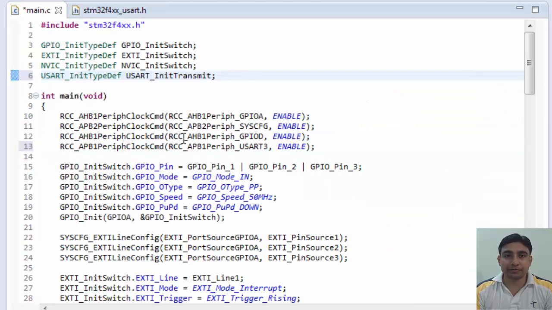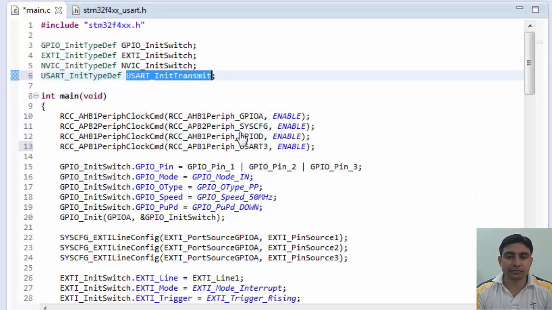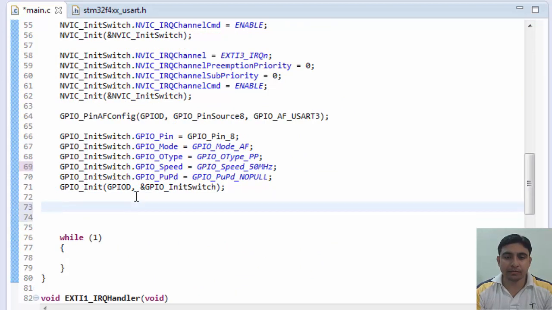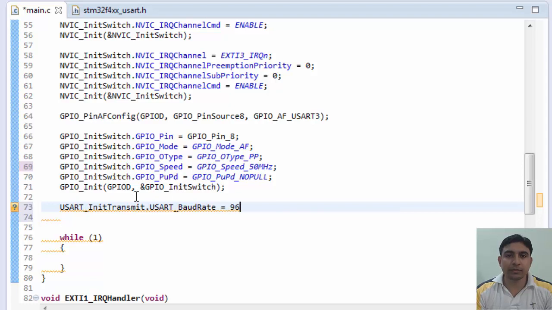Let's do them one by one. In this, we are setting a 9600 bps baud rate. I have already explained the baud rate in the previous tutorial. So we will use a 9600 bps baud rate for our UART communication.